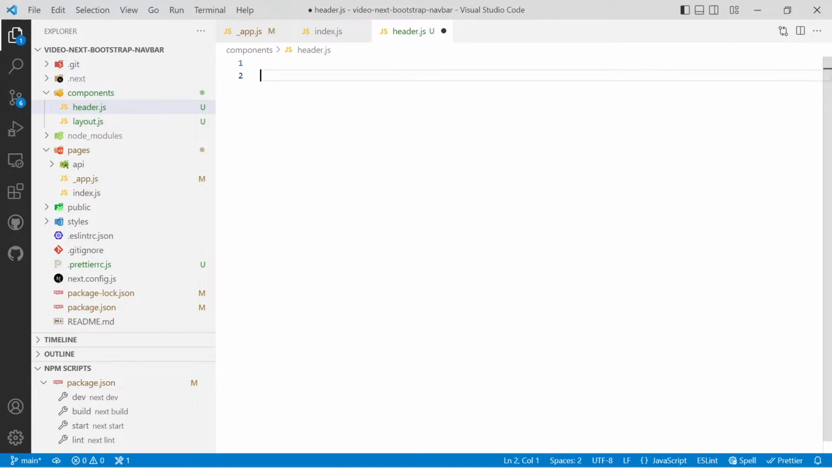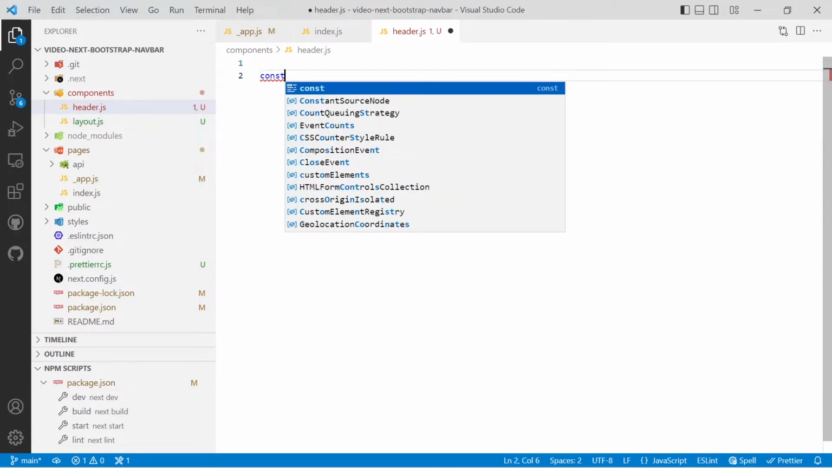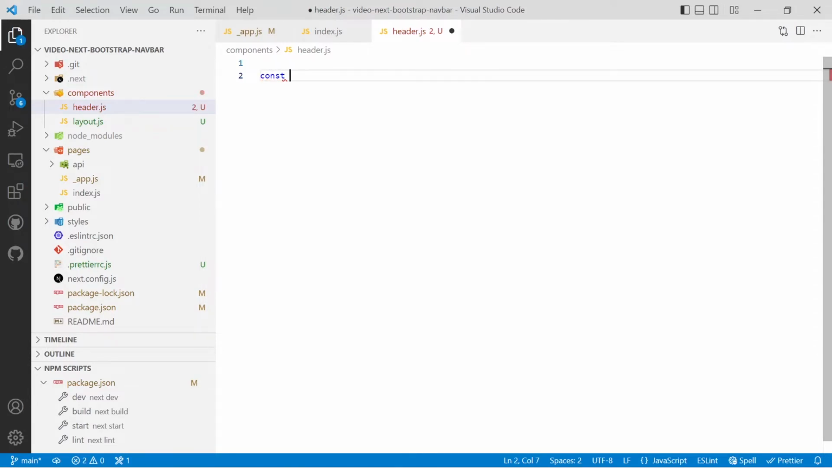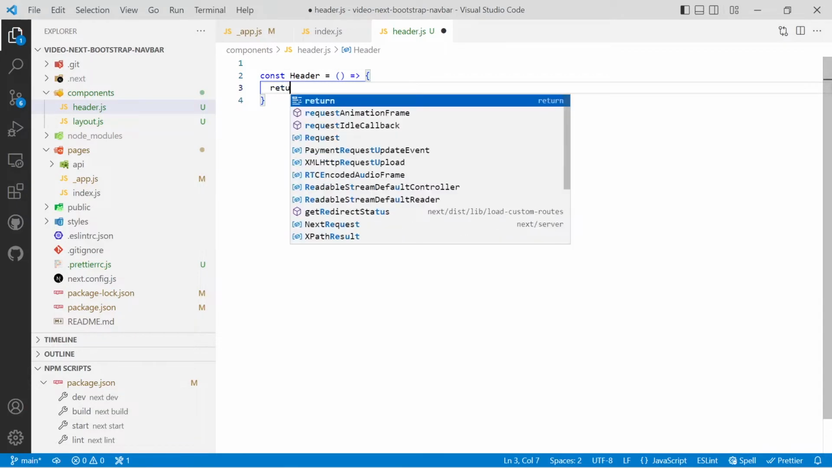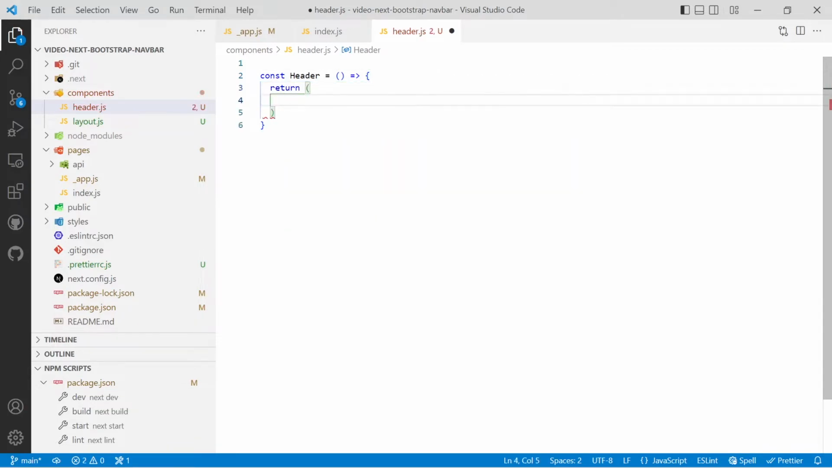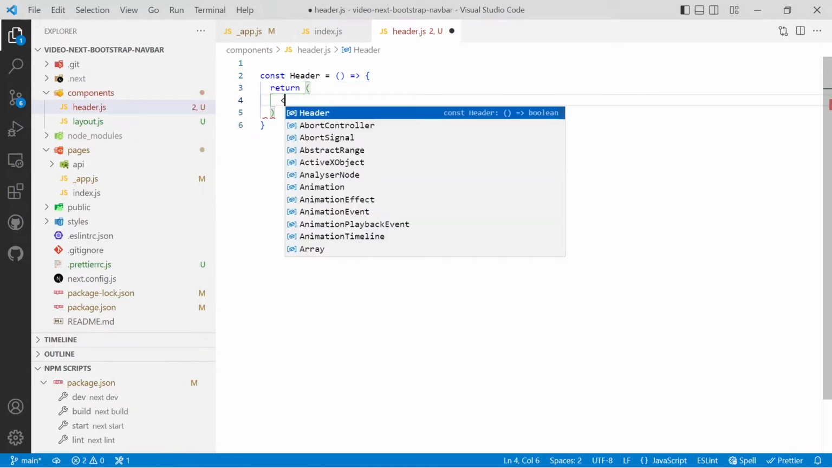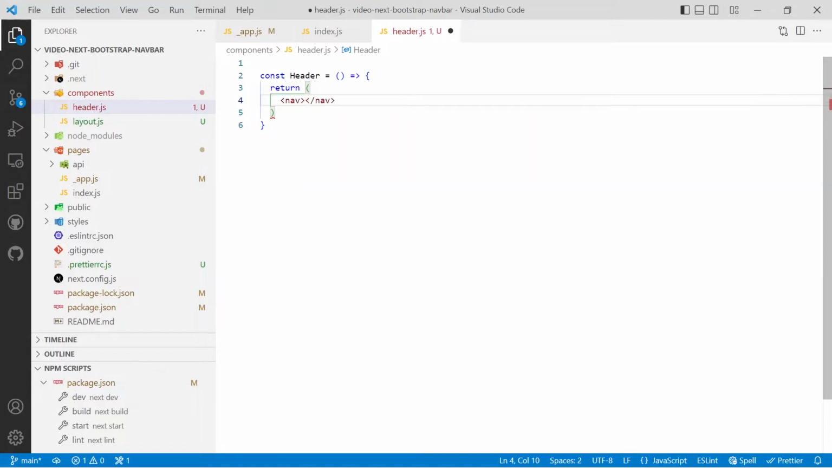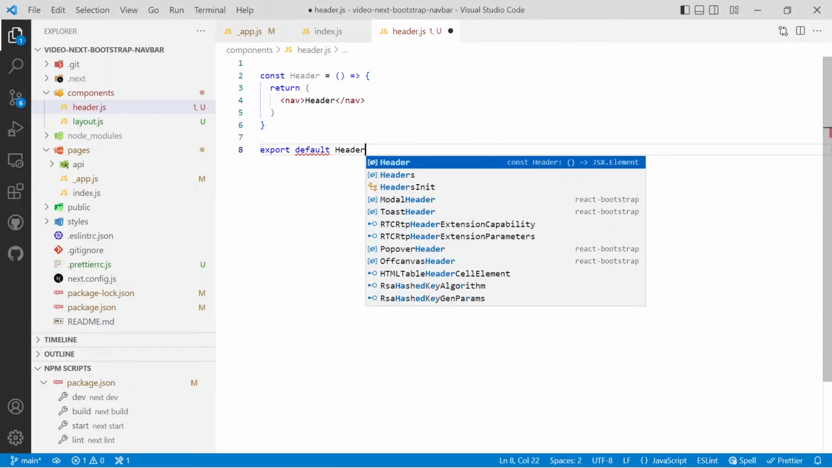The first thing we'll do in header.js is we'll create a function, const header equals, and we'll turn it into an arrow function. Return, create some brackets, and we'll put in a nav, and we'll just put the text header for now. And we'll do our default export. Export default header. Save that. Then we'll go into our layout.js